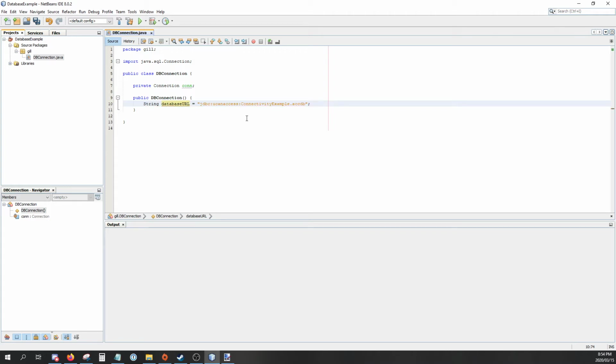All right, and then I need to try, and my connection is equal to DriverManager.getConnection, and we're going to send it the database URL. So obviously you could just type in the JDBC URL, and we need to catch an SQL exception,